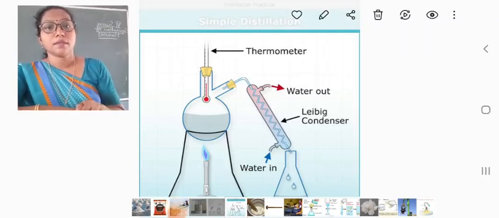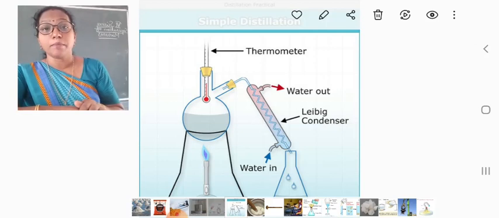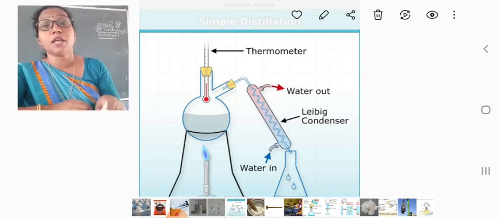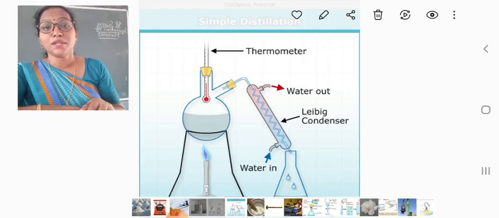Dear students, in this video we are going to study the methods of separation of mixtures. In the last two videos we studied hand picking, winnowing, sieving, magnetic separation, separation of immiscible liquids, filtration, sedimentation and decantation, churning, etc. In today's video, we are going to study distillation, the simple distillation that is